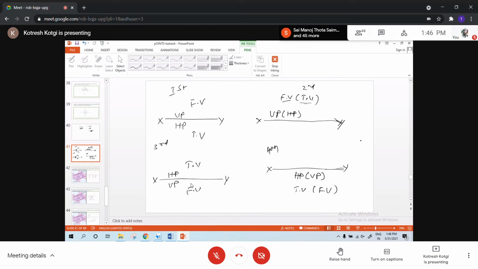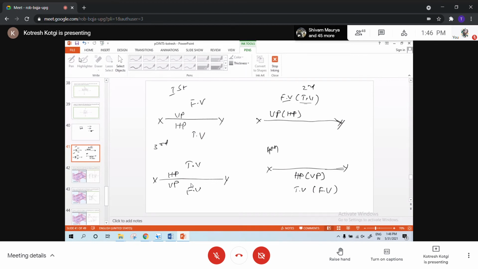If they say a point A whose front view is on the XY line, what does it mean? It lies on HP. Which quadrant, that we'll decide further. If it is on HP or on VP, it belongs to any of the two quadrants. That basic thing should come into the picture, and from now onwards we'll solve slightly different problems. So keep all these points in mind before analyzing those.